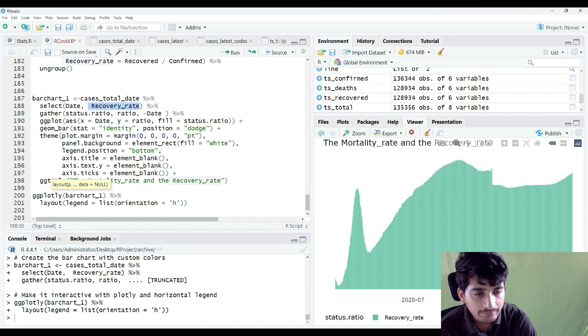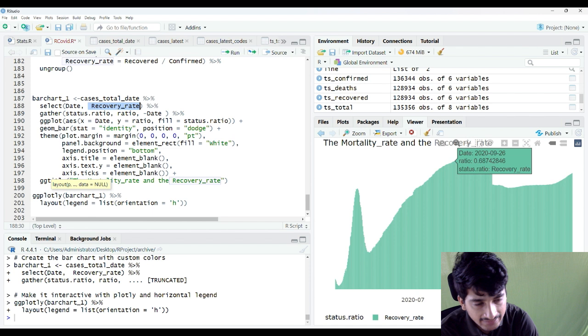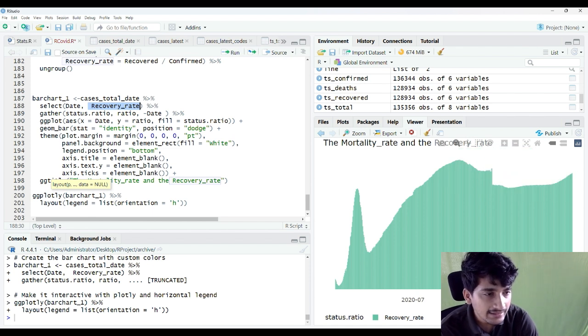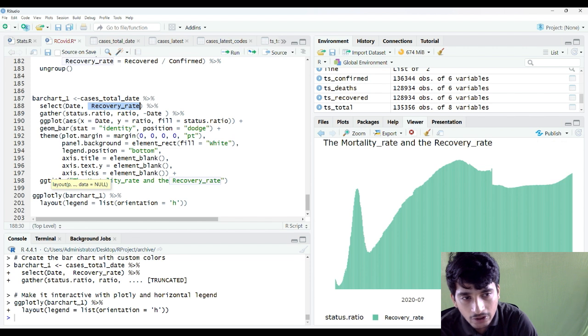recovery rate ratio is very less. So what is the recovery rate ratio? Basically it is the total number of cases and the number of people recovered on that particular day, and you could see that it's very unstable: it increased, that was good, and then it decreased, and then it increased again, and then it decreased. So it's very unstable, and this is not very good for a country like ours,